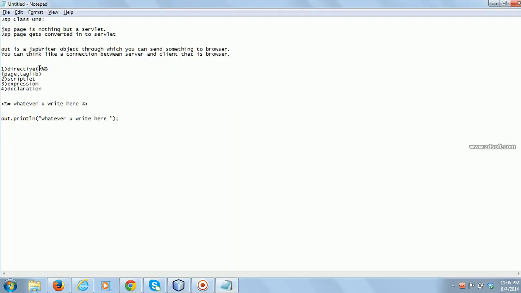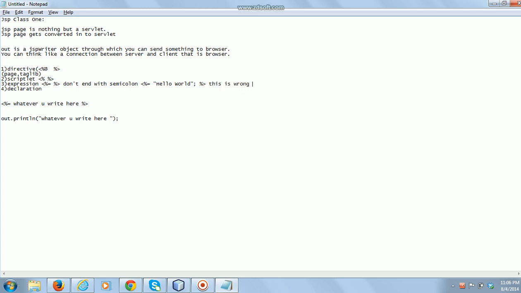So a directive starts with percentage at the rate, and a scriptlet starts with percentage and ends with percentage, this is the syntax. Expression doesn't end with a semicolon. If you want to say hello world, just say hello world, don't end with a semicolon.